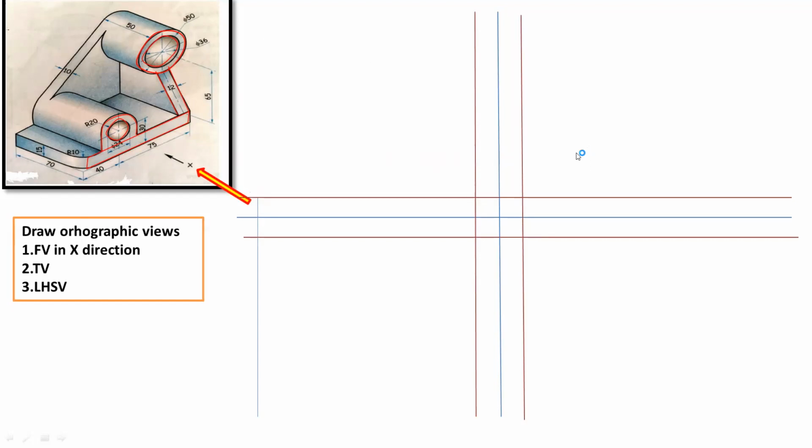So we should draw this by continuous thin line. Okay. So we will use the continuous thin line for the reference rectangle, then for the projection line. And continuous thick line is only used for the visible geometry in the front view, in the side view, and in the top view.